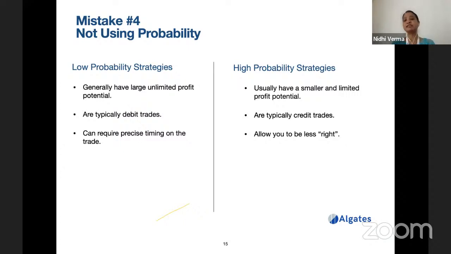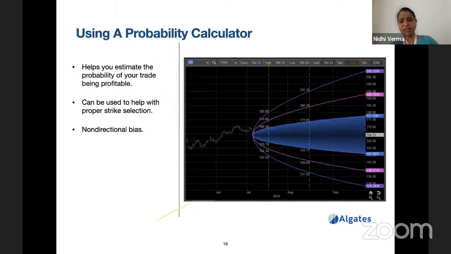And what happens is, it allows you to be less right. Even if you go wrong here and there, your loss will also be less. Okay, so it gives you that cushion. High probability strategies give you a cushion. Okay, so you can use a probability calculator. Again, you don't have to go into tools. If you can, then well and good, but if you cannot, then just have an idea of what is happening.